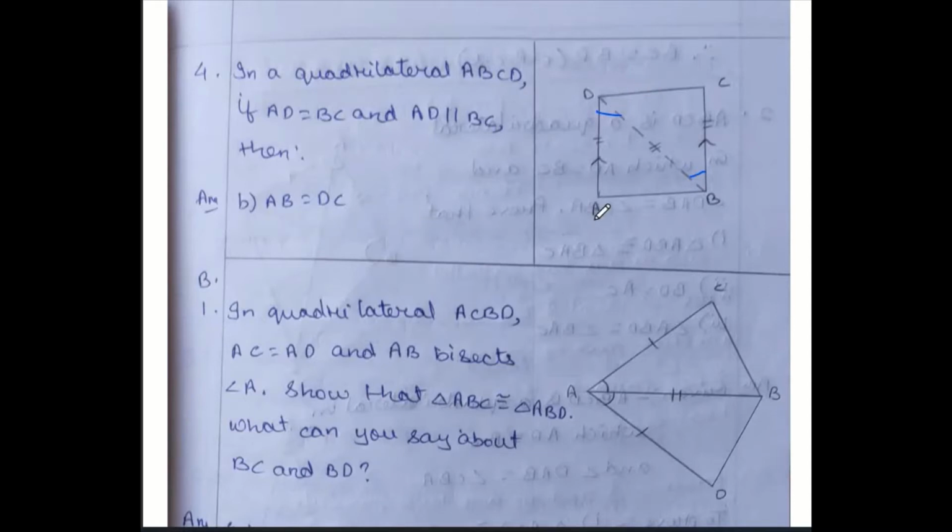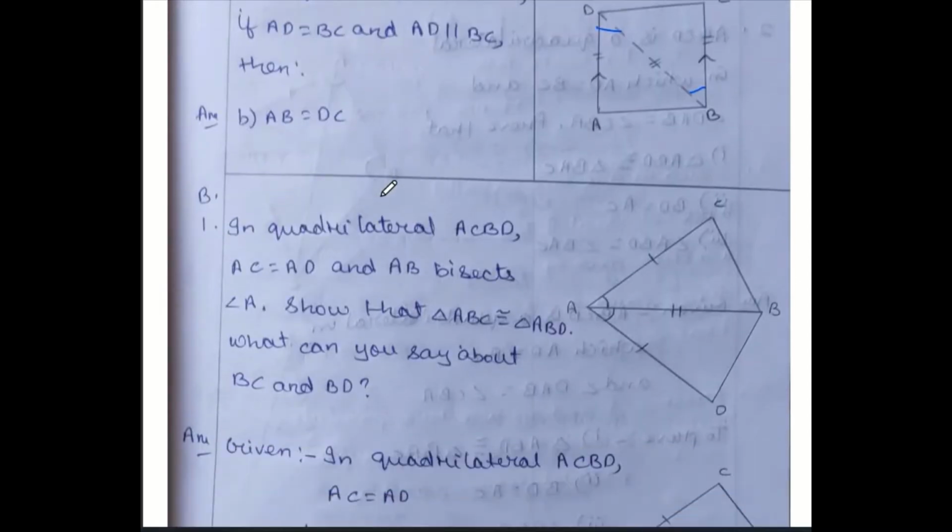You don't need to show it in detail since it is an MCQ question. You can just check verbally and make them congruent. Then by CPCT we can write these two are equal. So we made these two triangles congruent under side angle side congruency because these two sides are equal. This angle is also equal, that is alternate interior angles since the lines are parallel, and this line is common. So both the triangles are congruent. Then by CPCT these two are equal. So B is the right option.